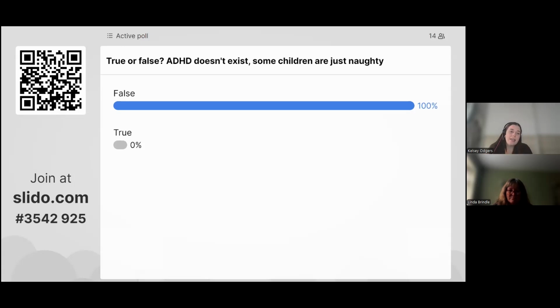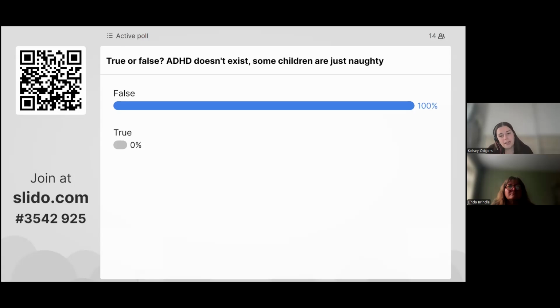And the other thing to say here is that it's important to recognize that our culture sets expectations of what's considered naughty or okay behavior. So, for example, in schools, there's an expectation for children to sit still, to concentrate for long periods of time, to be really organized, so remember things like PE kits and homework, and to not interrupt the teacher or shout out. And we know that for most children, these things are really, really difficult. These expectations are too tough for them.